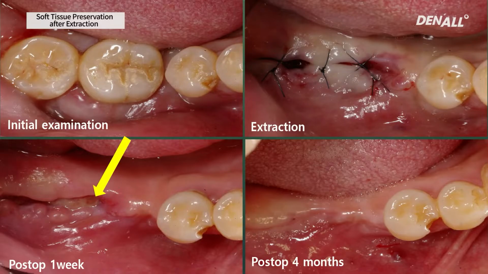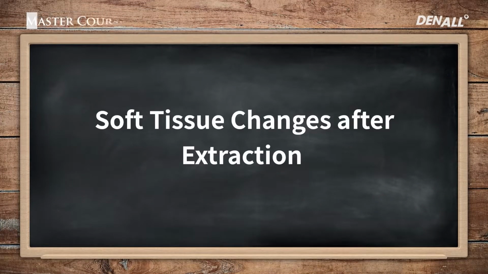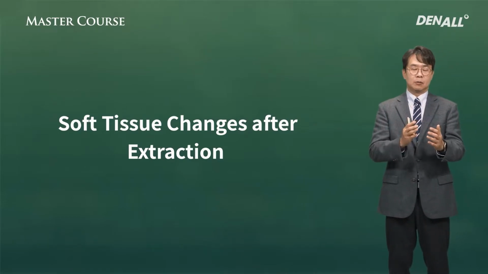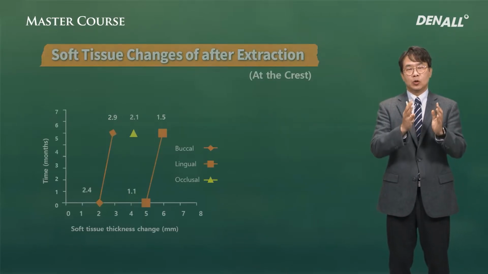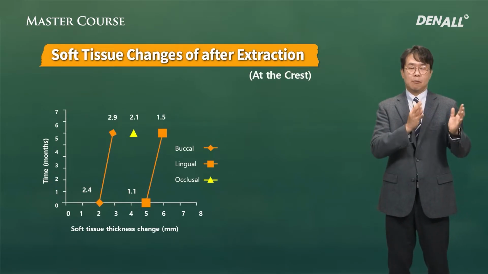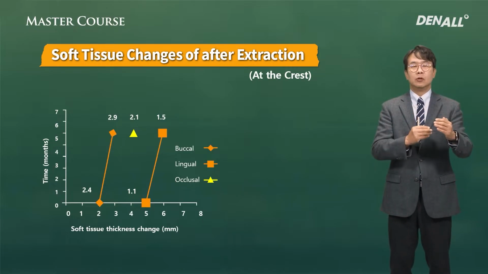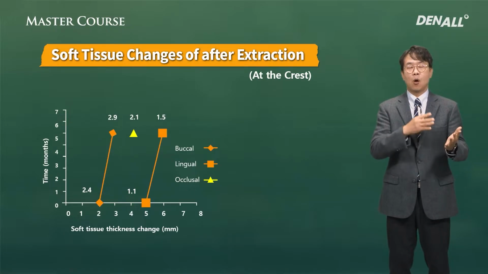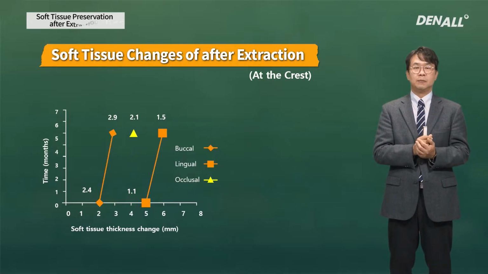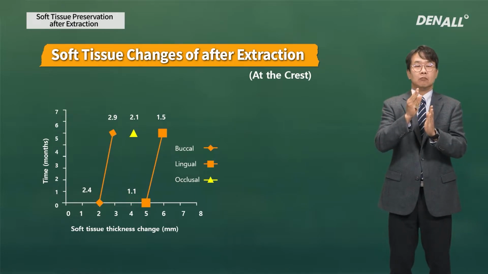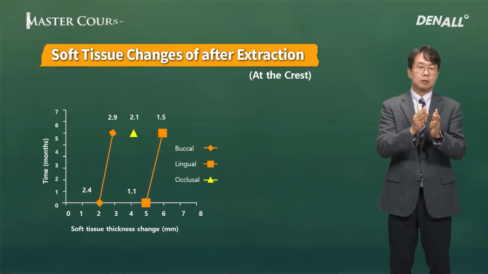So let's have a look at it. Soft tissue, as I said before, changes following hard tissue. And it is difficult to know how much soft tissue change occurs, but investigators studied this. After extraction, soft tissue changes occur like this. Buccally and lingually, after extraction, keratinized gingiva width